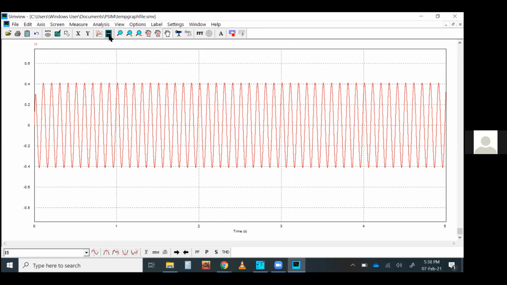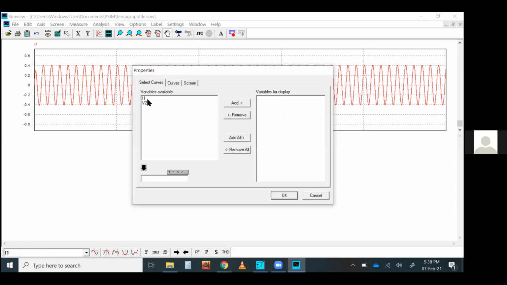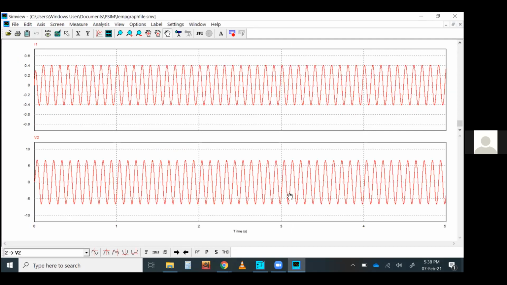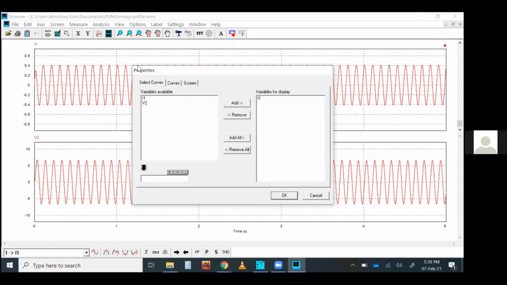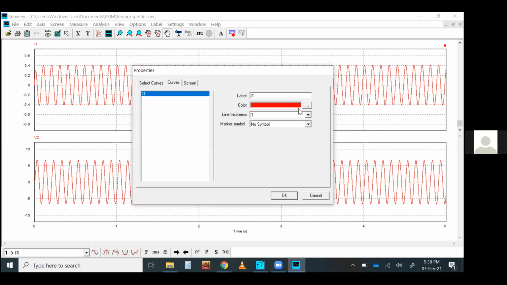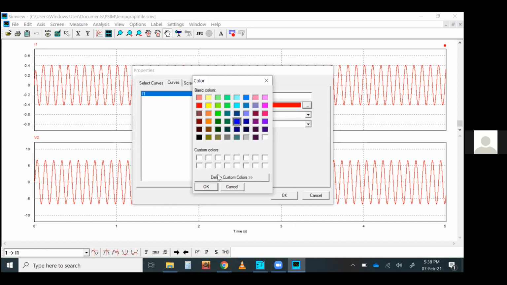Now say, for example, I want to add another curve. Okay, got another space here. Now I want to see V2, add V2 here. Fine, that's the voltage. Let's say, for example, I want to change the style of this curve. Just double click it, go to the curve. I want to make the color green.